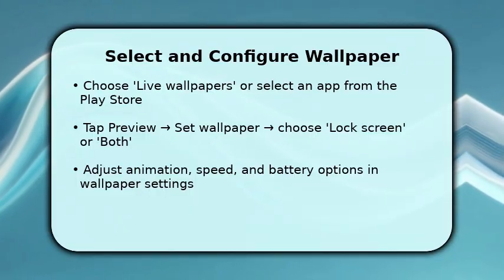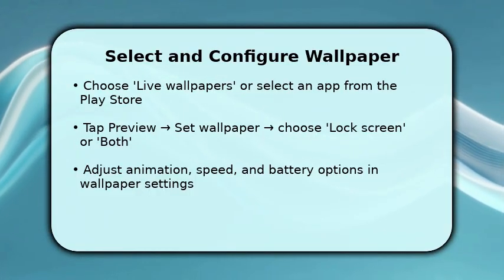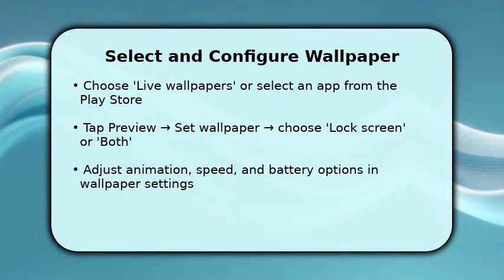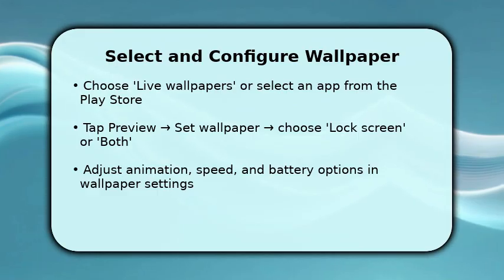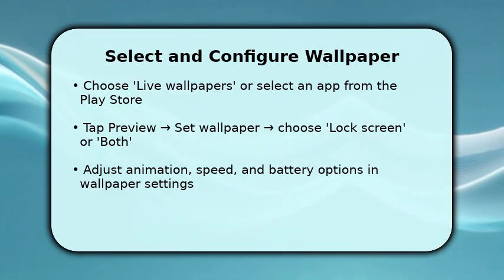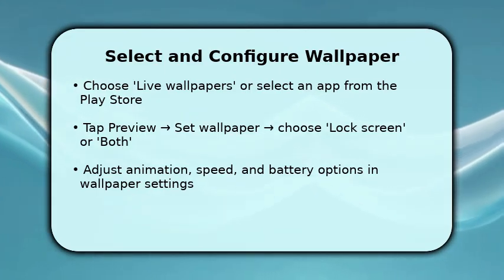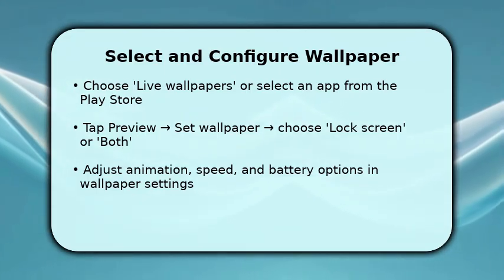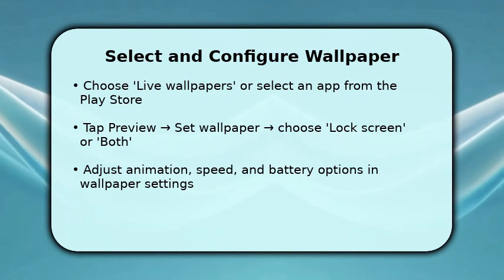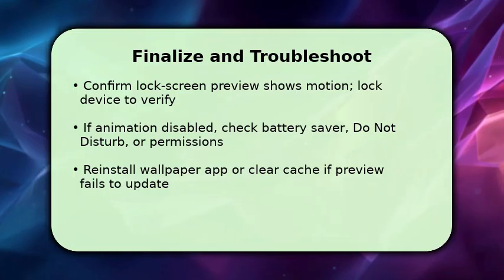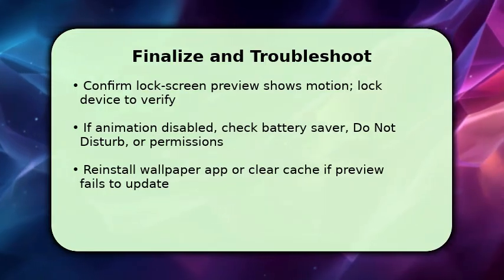Once you find a candidate, tap Preview so you can test motion and appearance on your lock screen. Then tap Set Wallpaper and explicitly choose lock screen or both if you want home screen too. Make sure to review animation, speed, and battery-saving toggles inside the wallpaper settings because those values directly affect performance and battery life. You're finishing. Lock and unlock your phone to verify the live wallpaper animates on the lock screen exactly